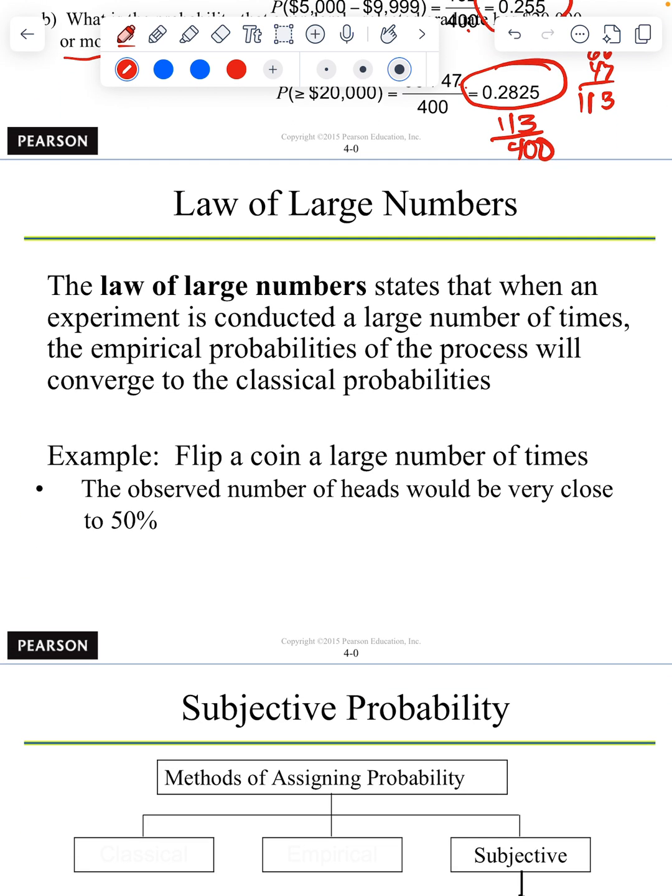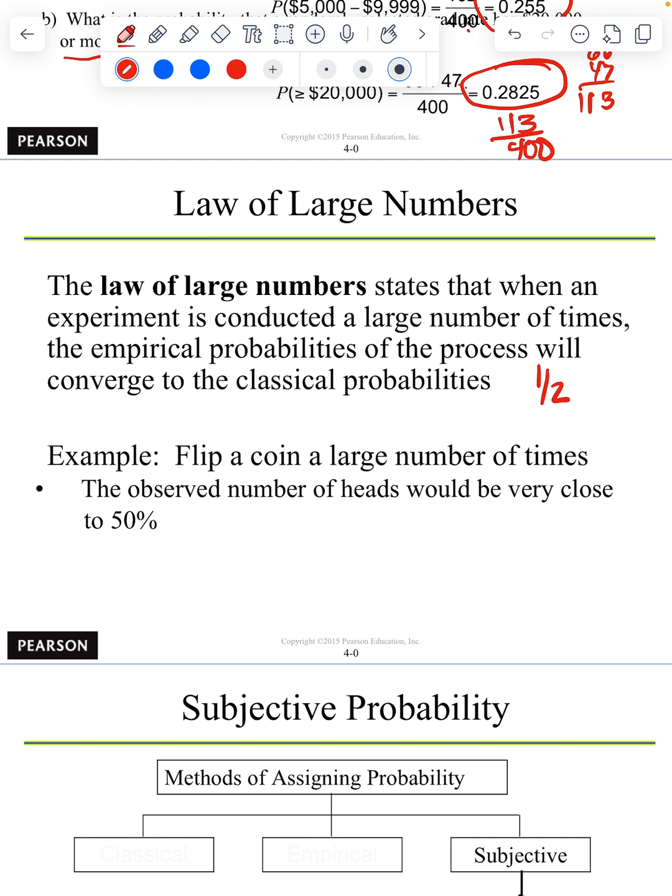So looking at the law of large numbers, this states that when an experiment is conducted over a large number of times, the process is going to converge into classical probabilities. What does this mean? Well, it means that if I'm flipping a coin and I'm trying to count how many heads versus how many tails I have, so if I flip a coin 10 times and I observe how many times it's heads and how many times it's tails, well, it may be that I get 7 heads and 3 tails, even though I have a 1 out of 2